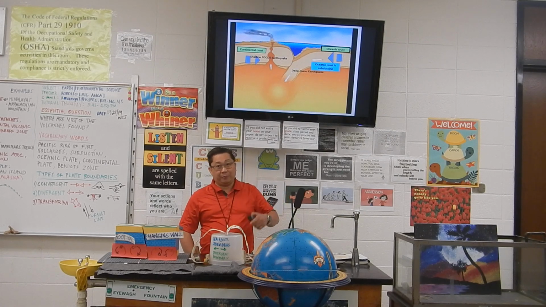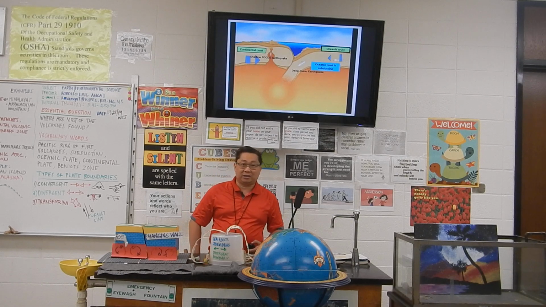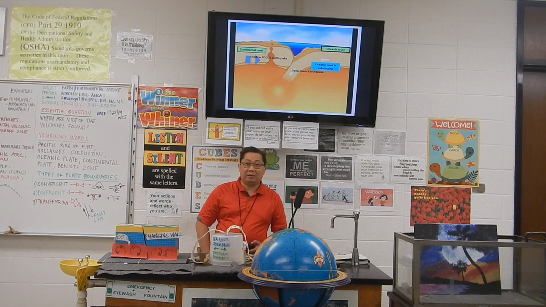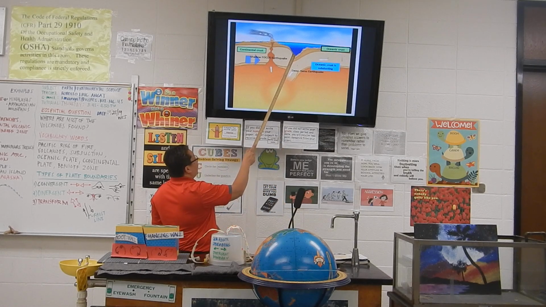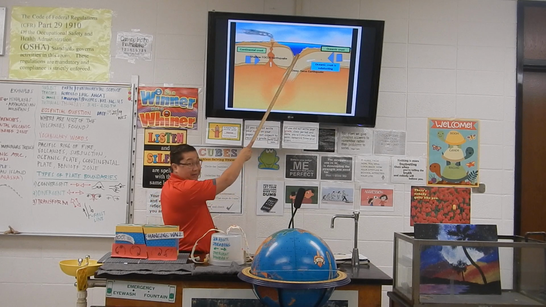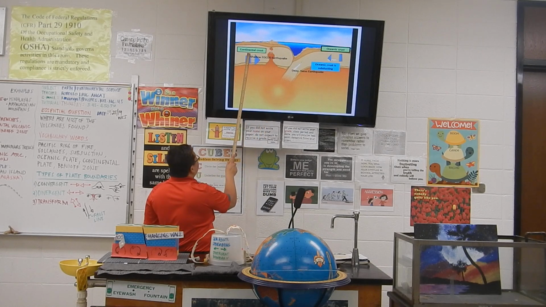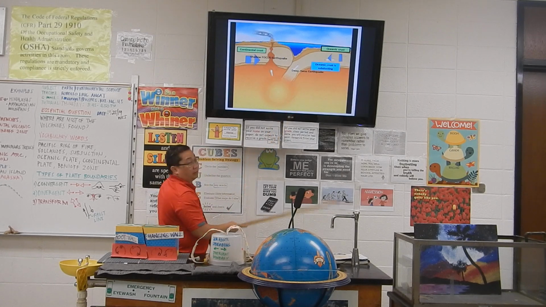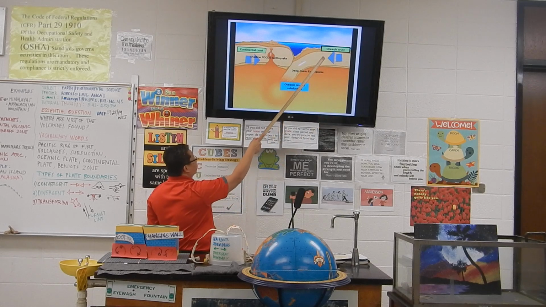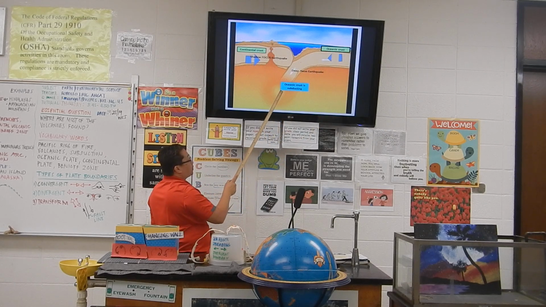So as you go deeper into the ocean, the higher the pressure, and only a limited number of submarines can withstand that kind of pressure. So this is a trench here, and a trench is formed when a continental crust collides or converges with an oceanic crust. Now, what happens to the oceanic crust is that it subducts or sinks because it's denser,